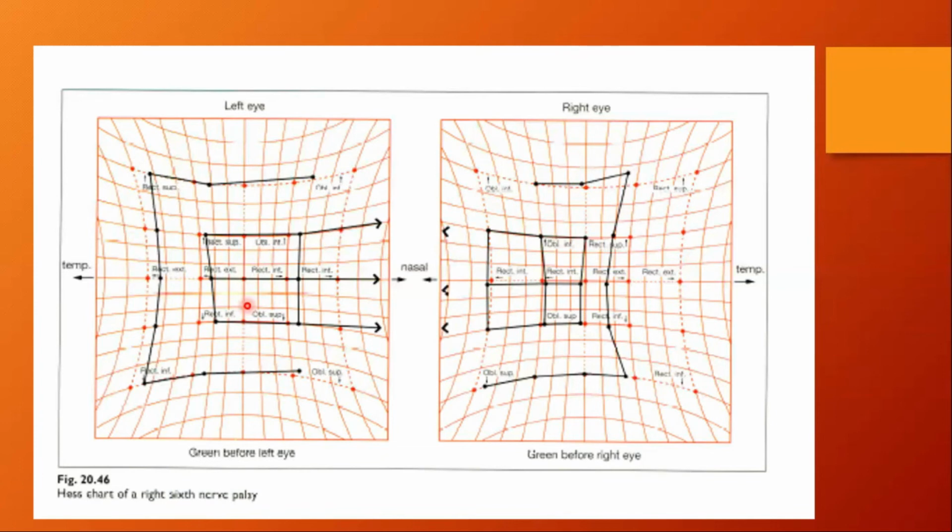So charting the left eye means the red filter in front of the right eye, and the right eye, which is the affected paralytic eye, is the fixing eye. And now the squint is shown in the normal eye, in other words, the secondary angle of deviation. This is as if you cover the affected eye. Now we are charting the left eye that shows the secondary angle of deviation.